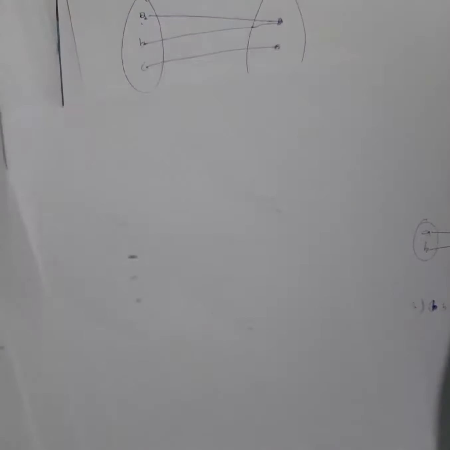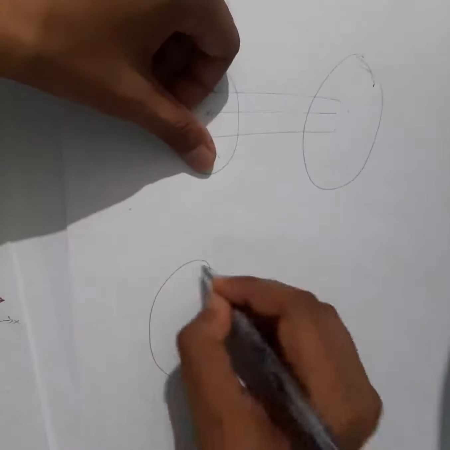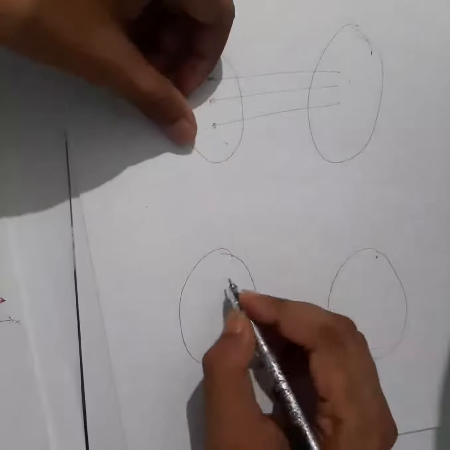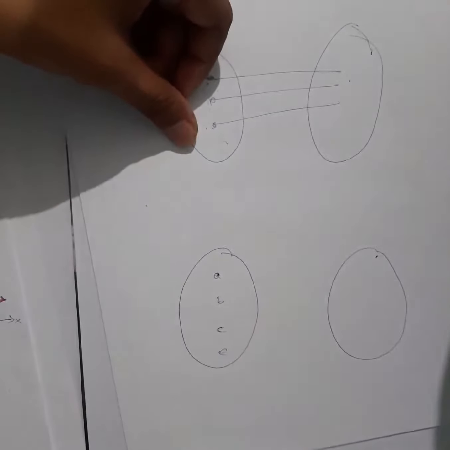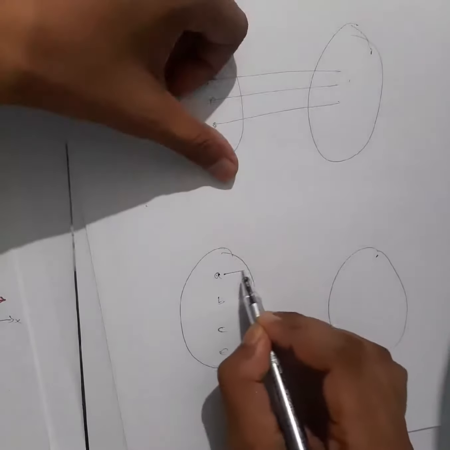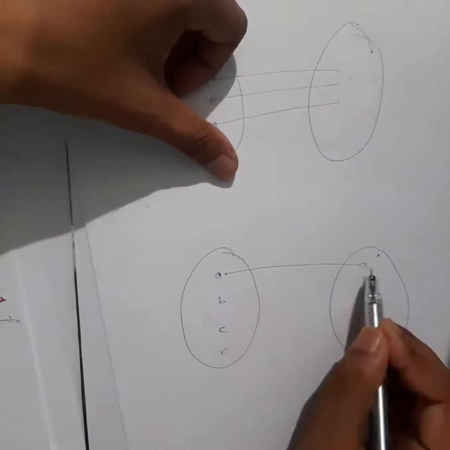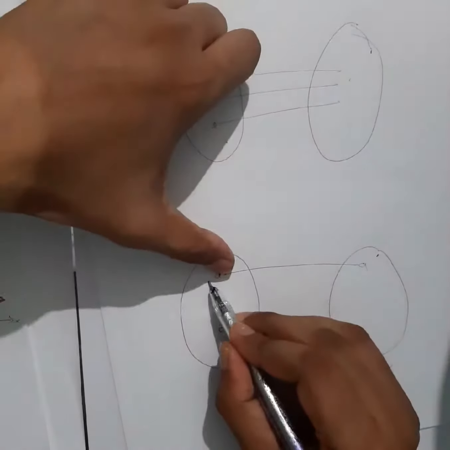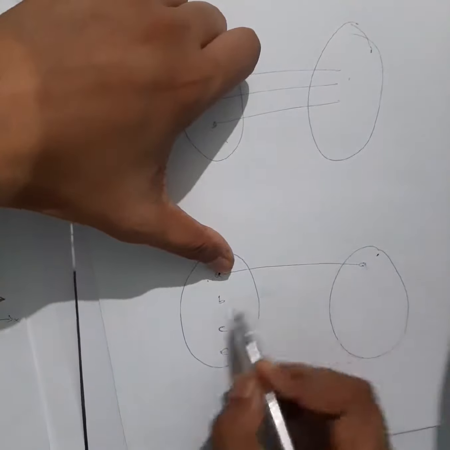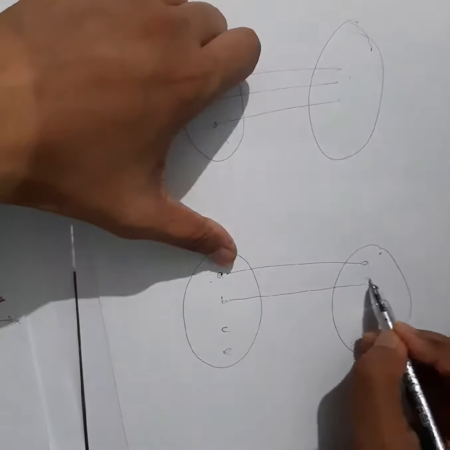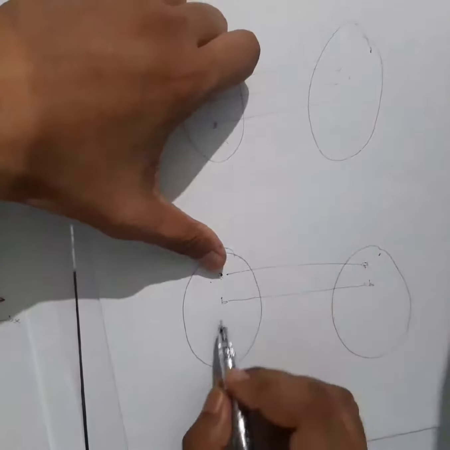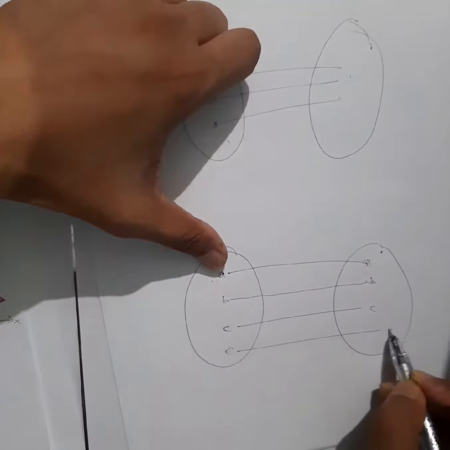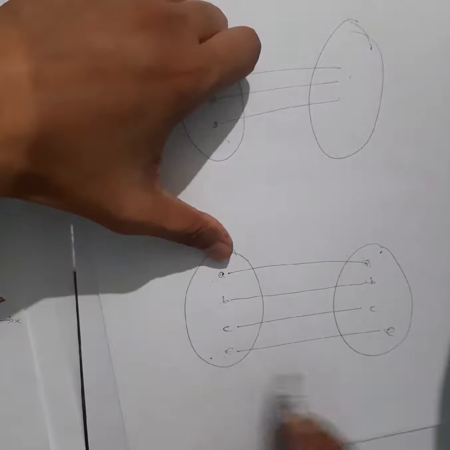See here, when you draw an arrow diagram for any function, you might have a condition like this. A you have taken, B you have taken, C, E, like this elements here. Now the image of this one, if it is A only, means the same image you are getting. Whatever is your domain element, the same image element also you are getting. A's image is A here, mirror image you can say. Okay, this is a mirror here, the same image you are getting, right? C's image is C, means whatever you are taking as X, Y is also the same.